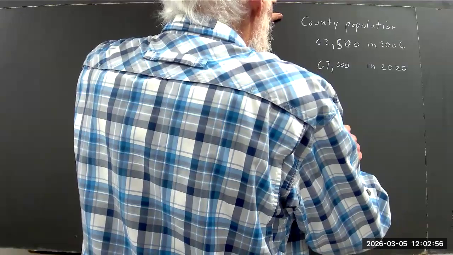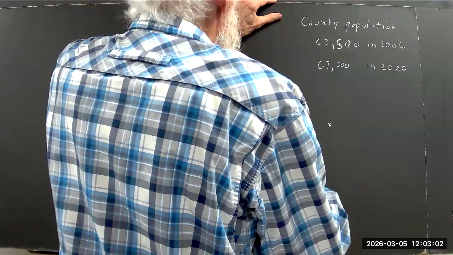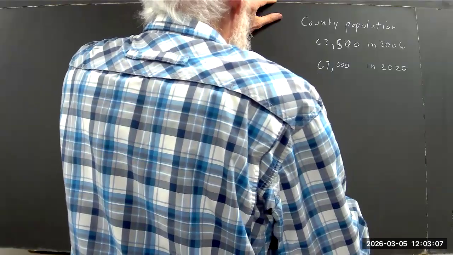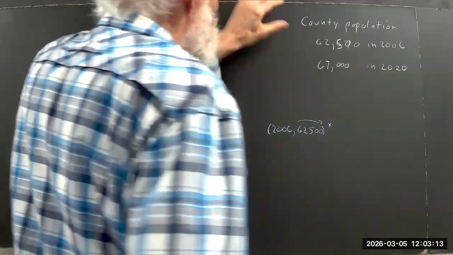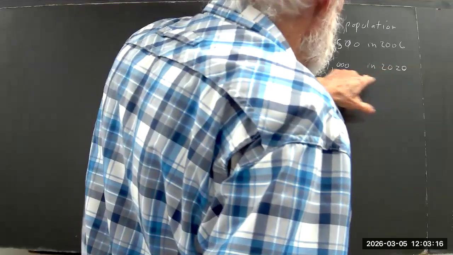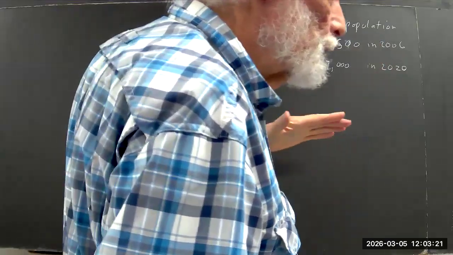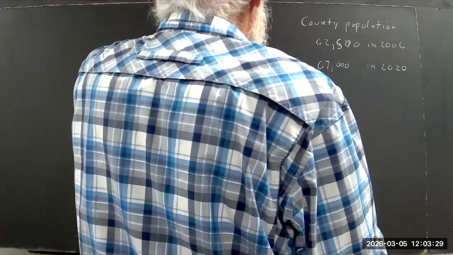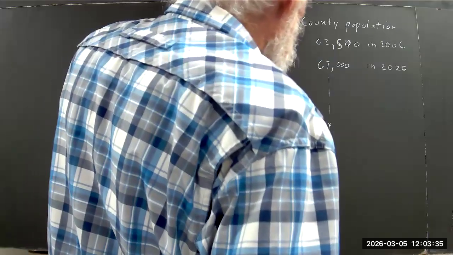Okay, so what I want to do is I'm going to say this point represents 2006, 62,500. Now, the point 2020, 67,000. 2020 is later than 2006, so if time is moving in this direction, well, I'm going to do a little more. The point 2006, 62,500